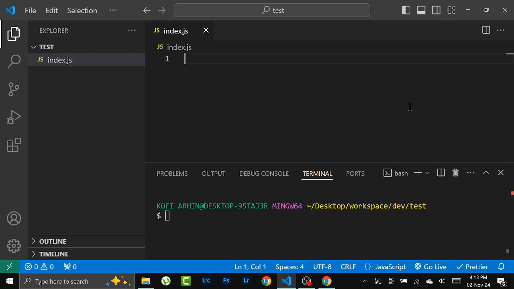Over here, I have VS Code open and I'm going to use Node, and I've installed a package called Nodemon, which I'm going to use to run our code. Well, with the